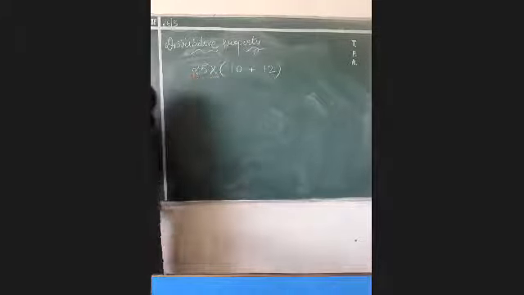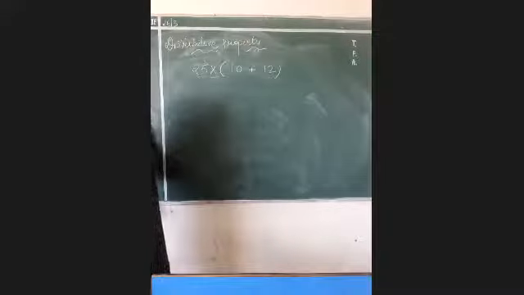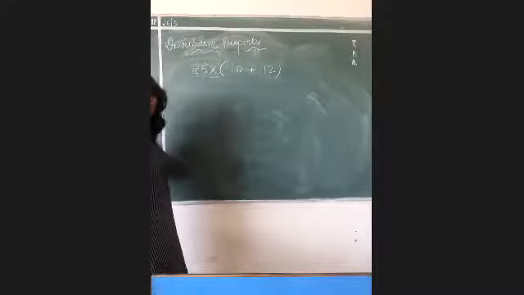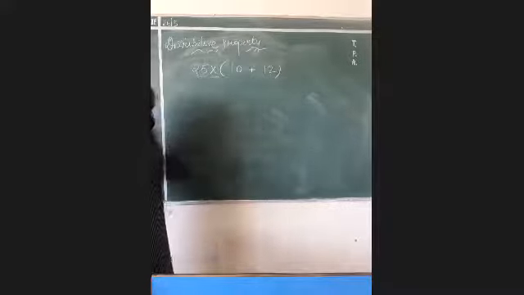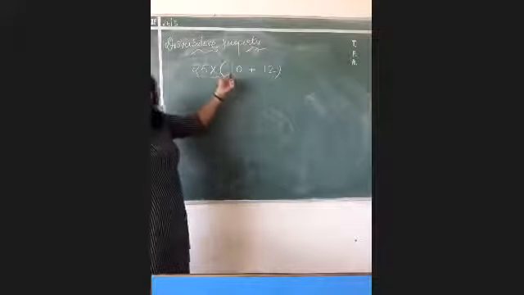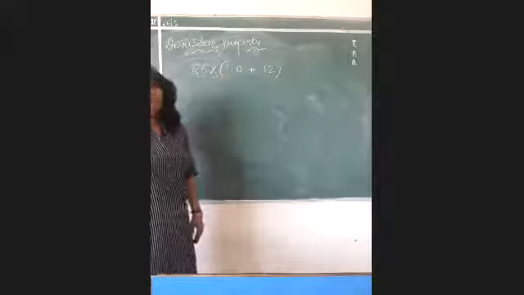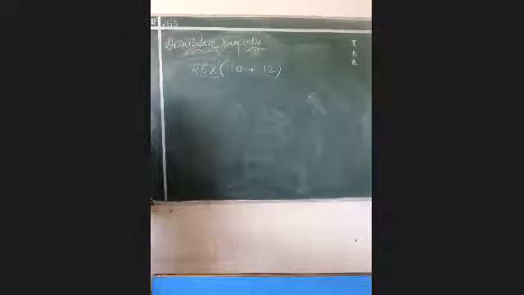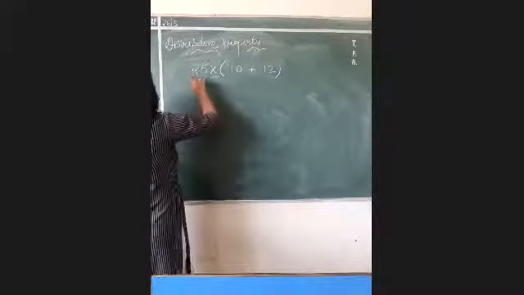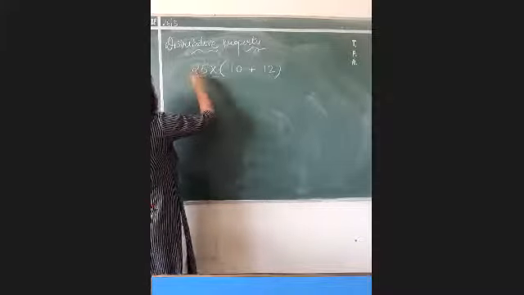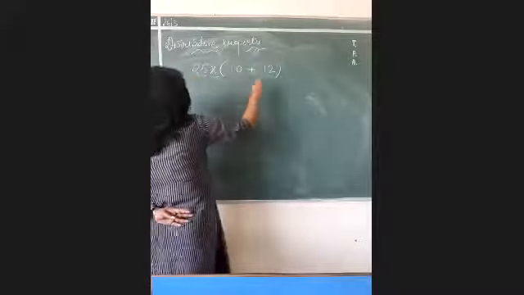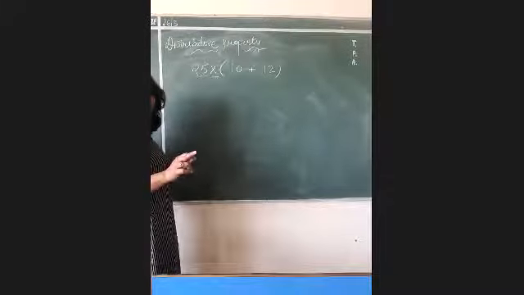Samosa and chutney. Can you tell me what is Changu over here? Answer in the chat box. Very good. Correct. It's 10. Changu is 10. And what is Mangu over here? Can you tell me in the chat box? Very good. Mangu is 12. Now let us study this. I taught you that the distributive property says that you have to distribute samosa and chutney to Changu and Mangu, equally.